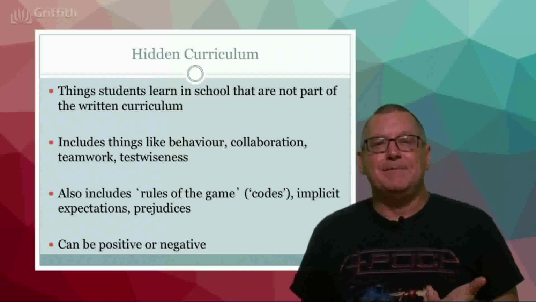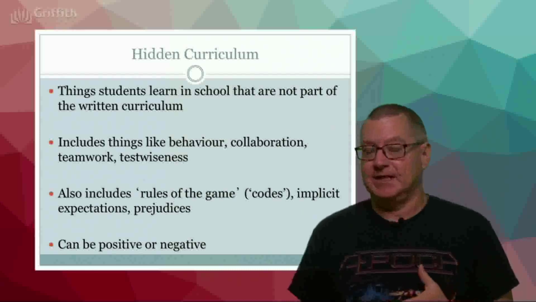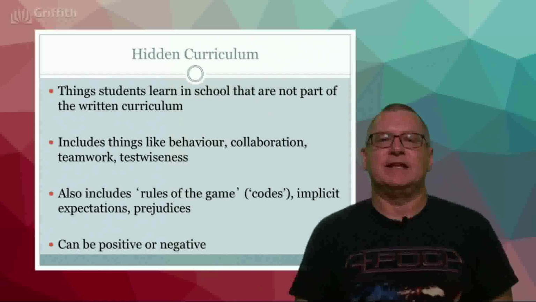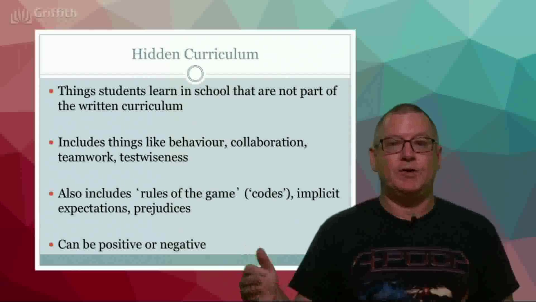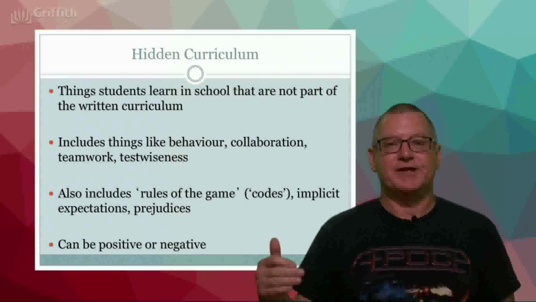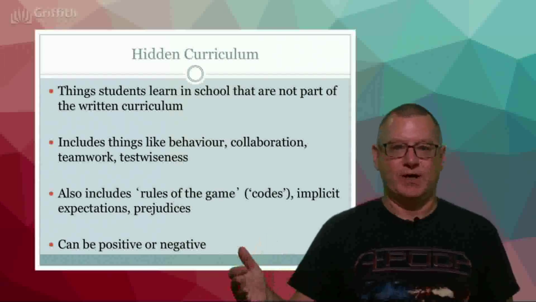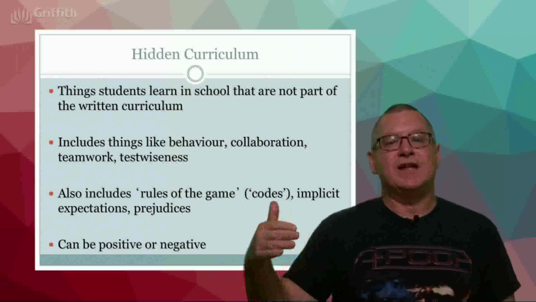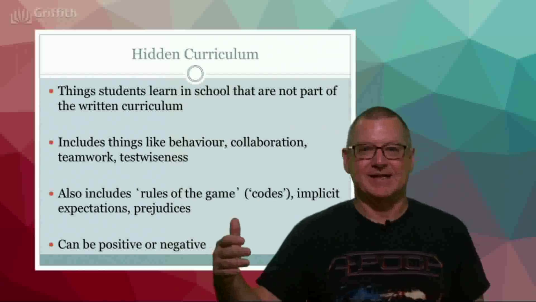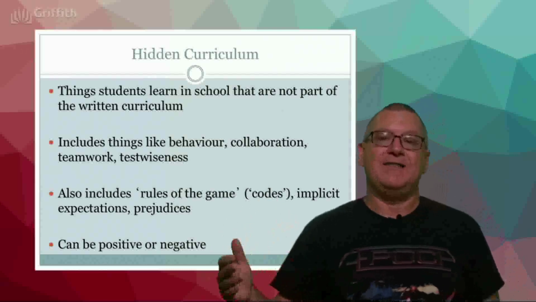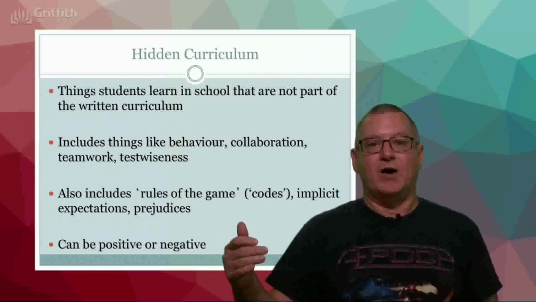There are often implicit codes. There are ways of behaving, ways of acting and so on that can be made explicit. And if they're not made explicit, often that will actually perpetuate advantage. Because if you come from a wealthy household where your parents know these codes and ways of behaving, they've been well educated, they have a university education, they work in business, they know these codes of how to actually communicate so that people will treat you with respect in society. If your parents are not in that situation, if your parents are long-term unemployed, with relatively low levels of education,